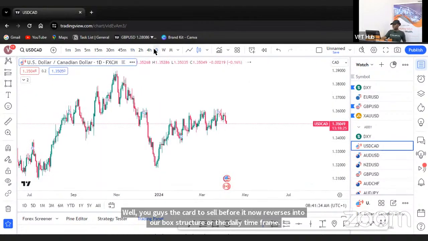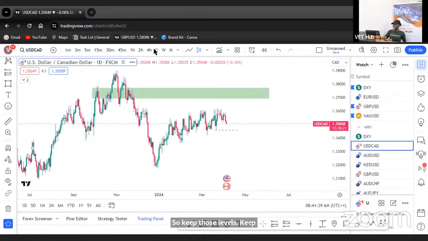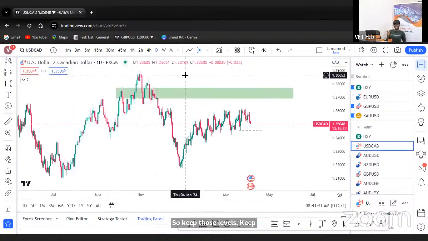So keep those levels in mind. For AUD/USD and NZD/USD, we already mentioned what we want to see. Pullback formation starting, we draw our fib, we wait for premium levels, 50, 61.8% fib level, and we continue to buy AUD/USD. USD/CAD is already in play. So long term, what do we want to do on USD/CAD? Following our daily time frame, we're going to look at USD/CAD trading all the way into the shoulder pattern that we have on the daily time frame, and then we'll be selling USD/CAD down. Pretty straightforward, guys.